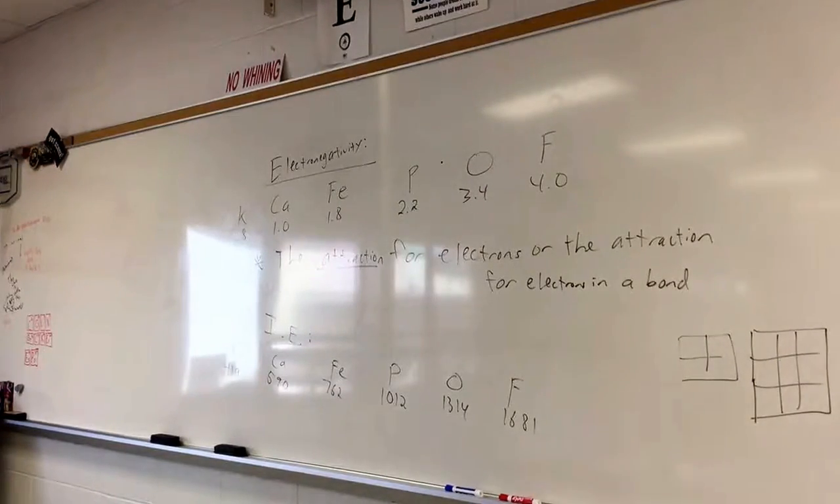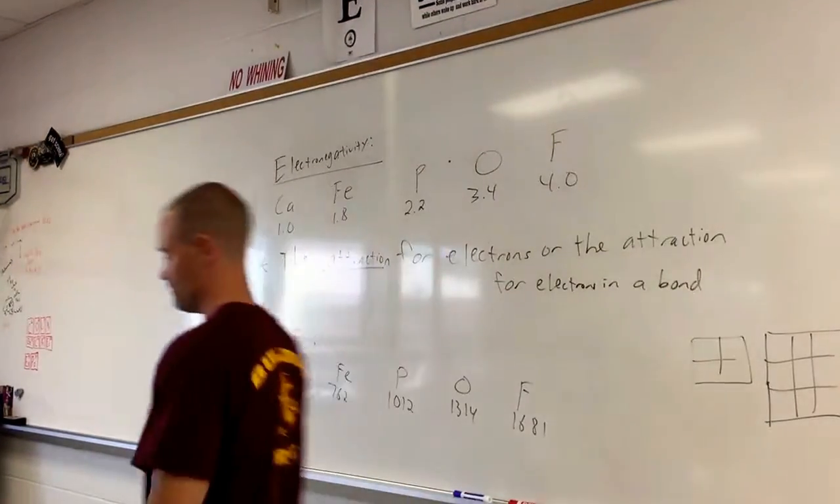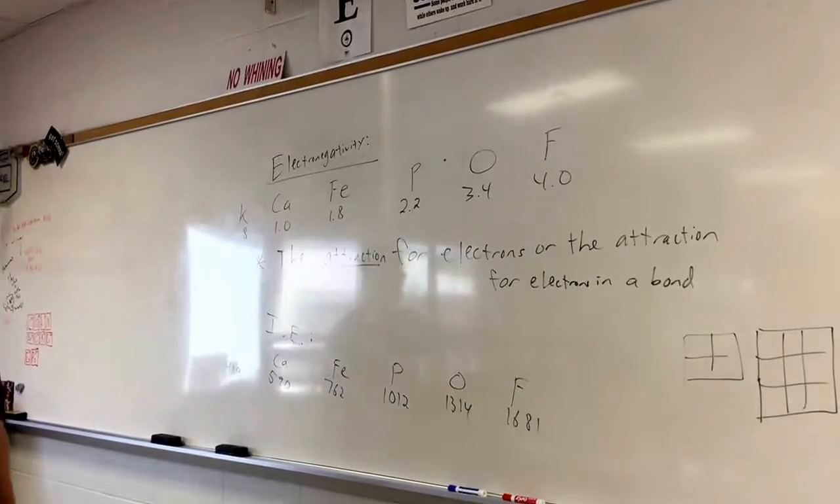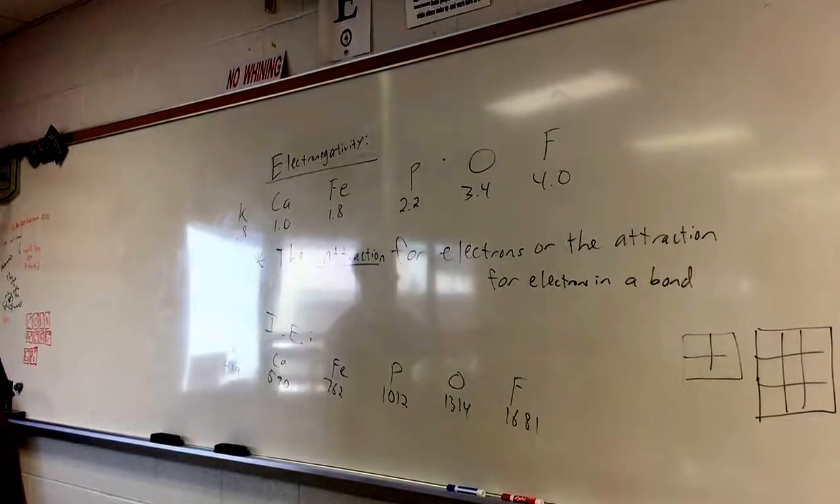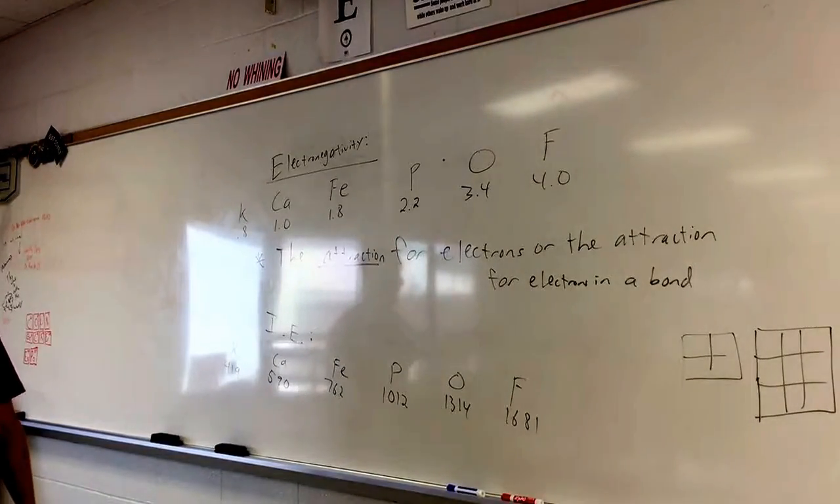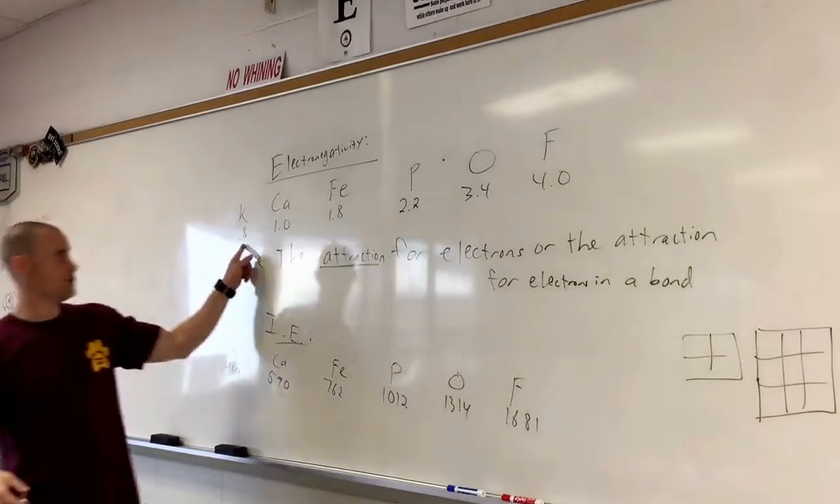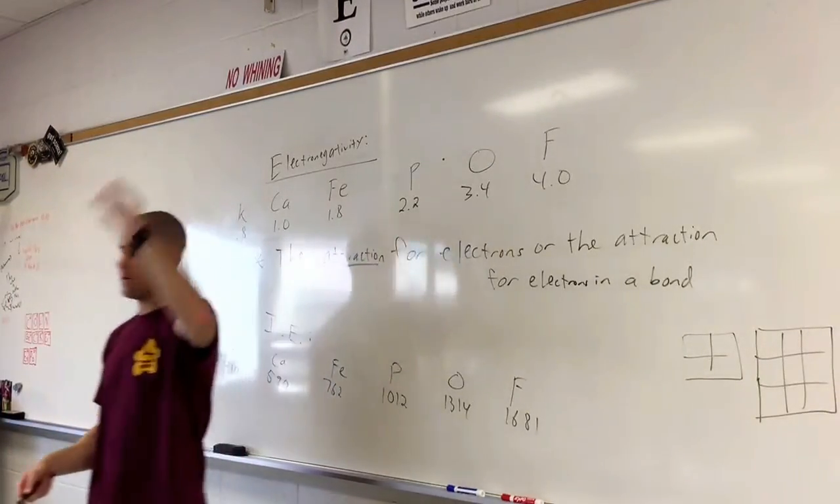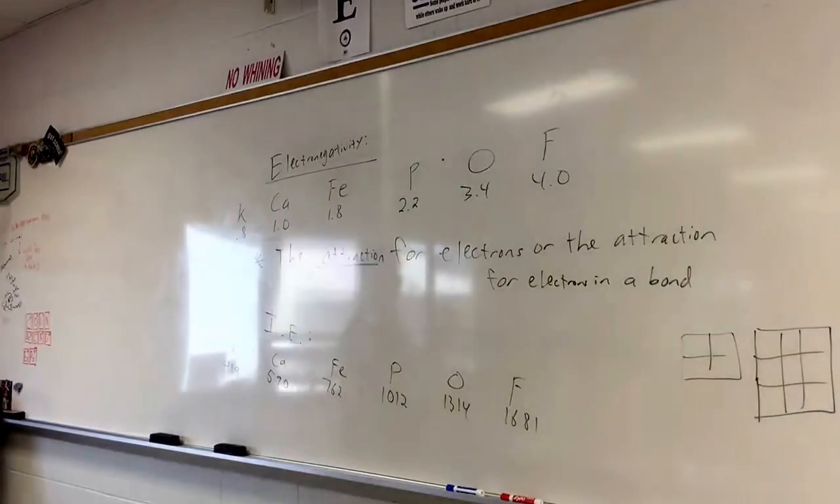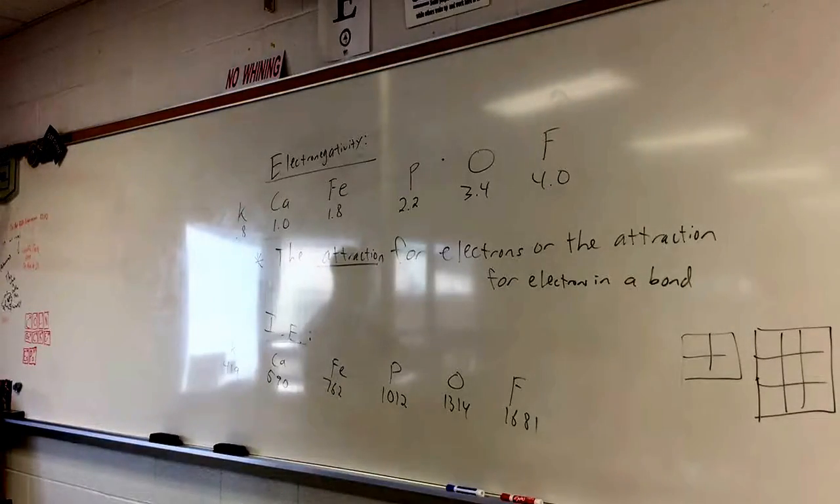as we move left to right across the periodic table. So as we go from K all the way to F, so as we move this way, from this side to this side, I use these as an example. You can look up any ones you want. It'll be the same trend. So as we move from here to this side,